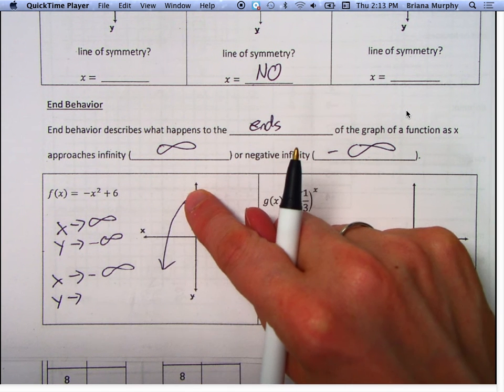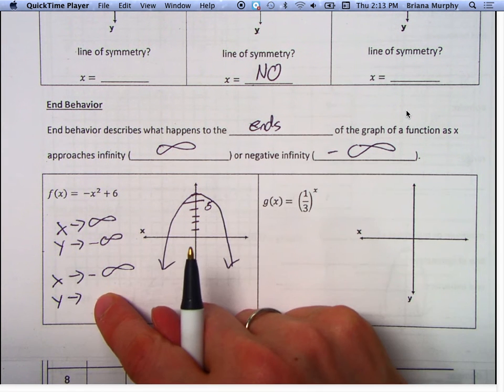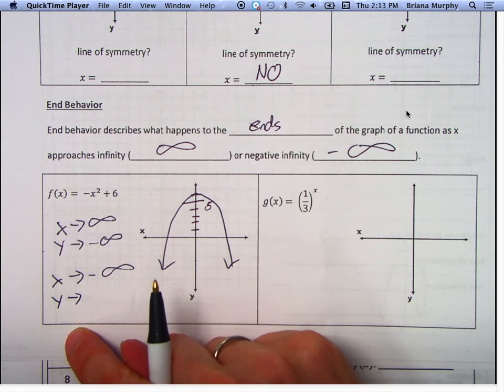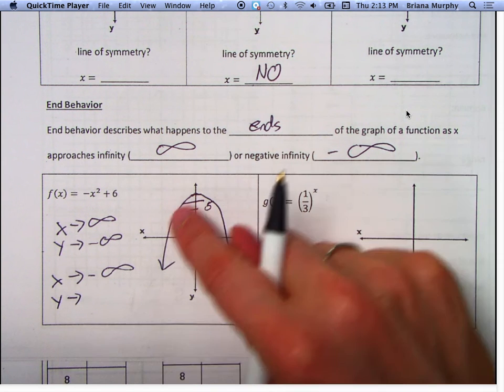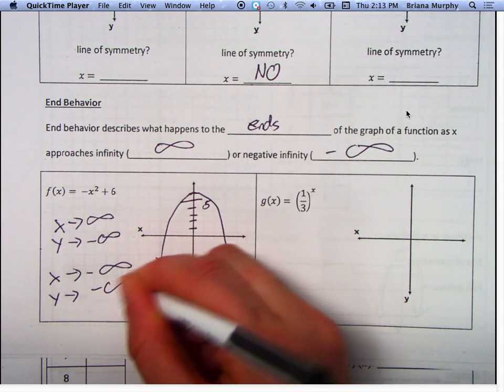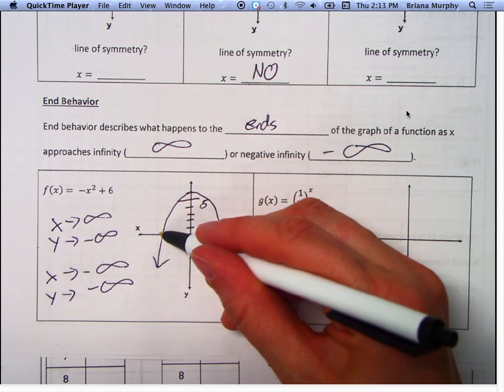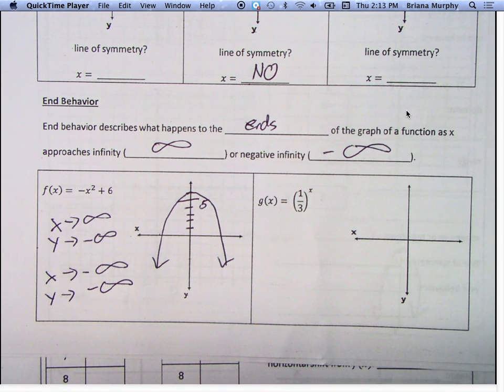What is y doing? Let's look. X is approaching negative infinity. It's getting smaller and smaller and smaller. What's y doing? So x is approaching negative infinity. As x approaches negative infinity, what's y doing? Wait, will you explain? Yeah. So,